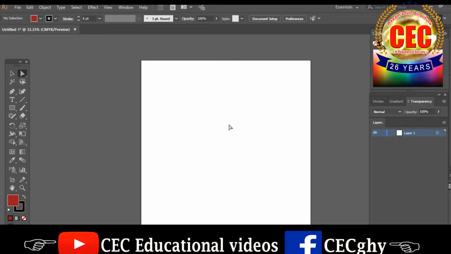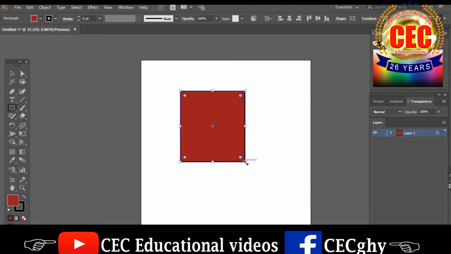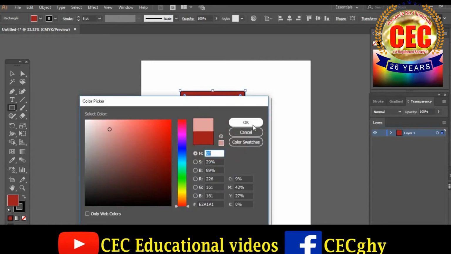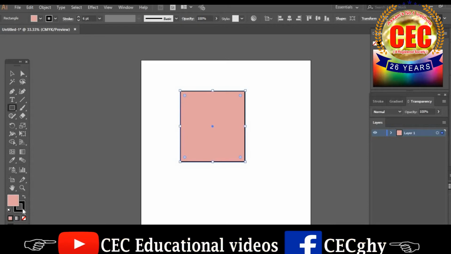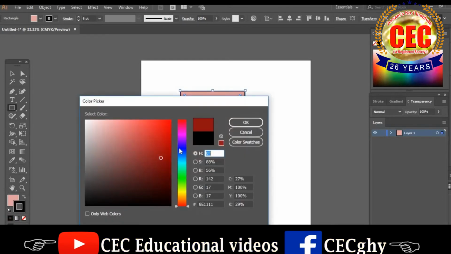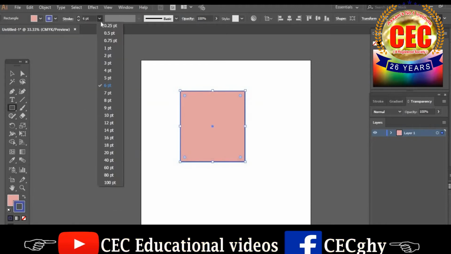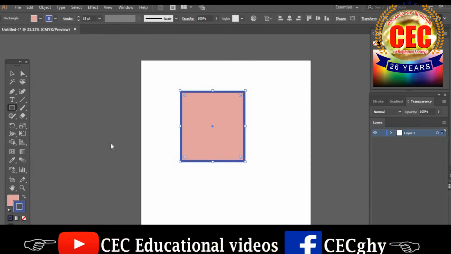One of the most common tools in Illustrator is the rectangle tool. You can press M on your keyboard to bring it up, or you can click and hold on the rectangle to bring up all the subtools. So I can set the fill and stroke and all the other settings for this rectangle. If I want to move around or transform, I can just press V on the keyboard to go to the selection tool. From here I can grab the corners of it.